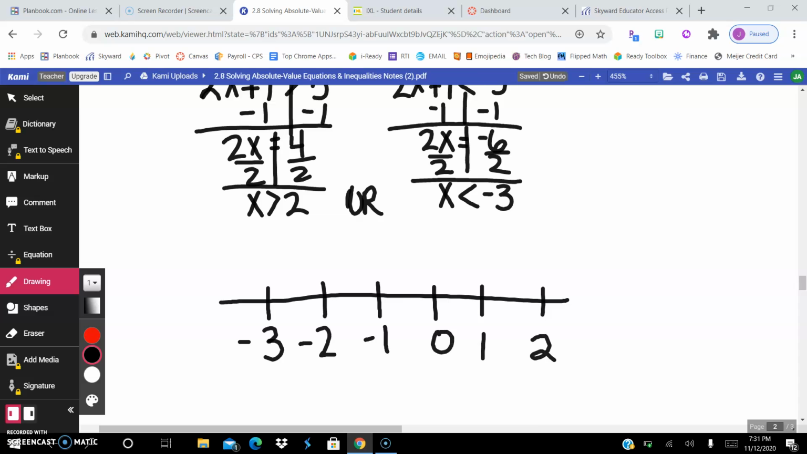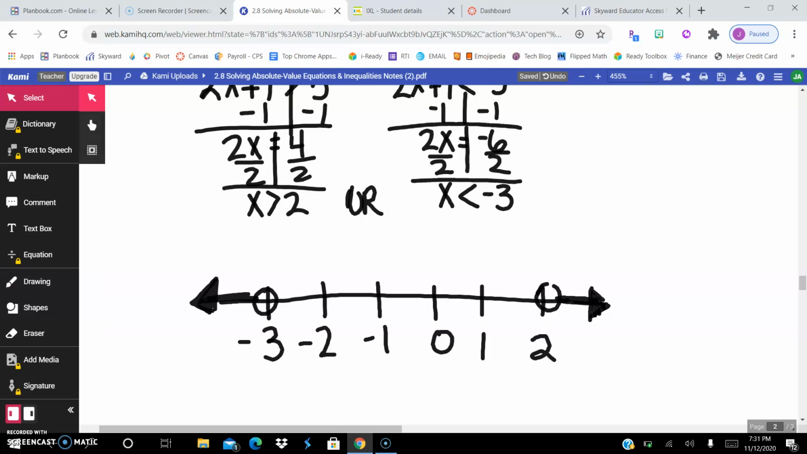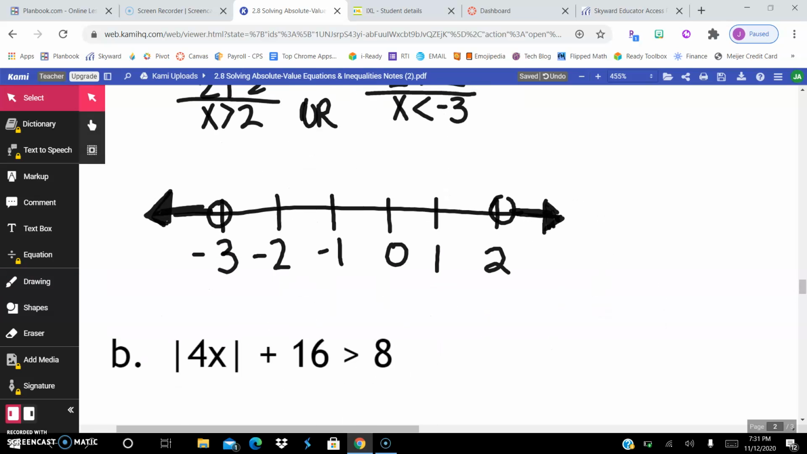So x is greater than 2, so circle at 2. It's not underlined, so it's going to be an open circle, and greater than goes to the right. Or x is less than negative 3. So less than goes to the left, and we shade in there, and the circle is open. And then we have to write our